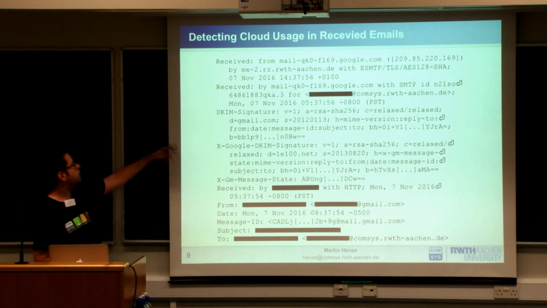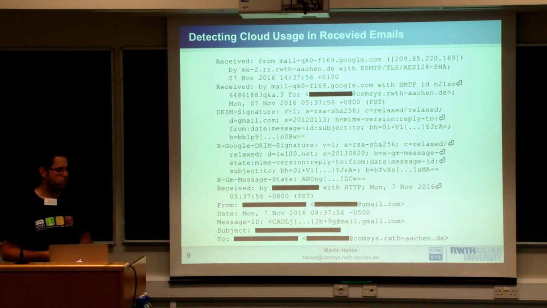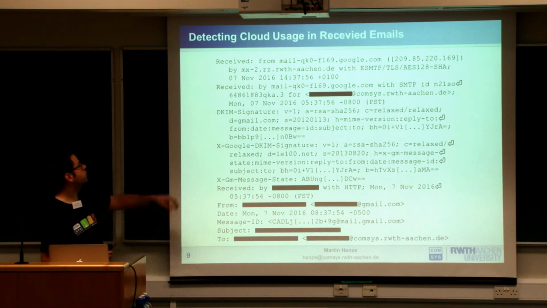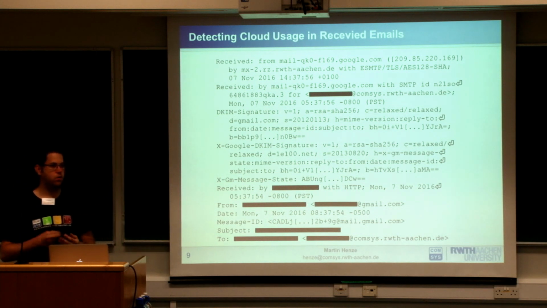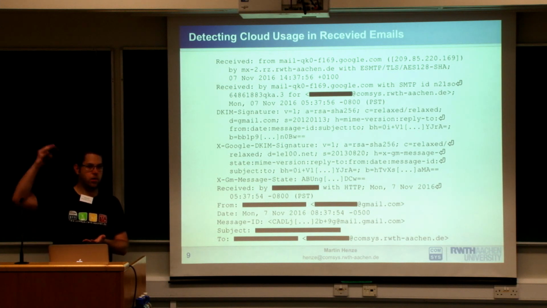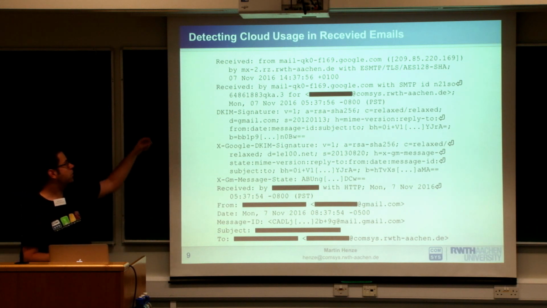Each line essentially defines a key, and then you have a value, and the information in there we can use in order to detect over which infrastructure it runs. So first we have those received lines, and the standard for email essentially says that whenever a mail server touches an email, so it's one of the hops used to deliver email, of course we are talking about application layer hops, not layer 3 hops, they need to add such a line.